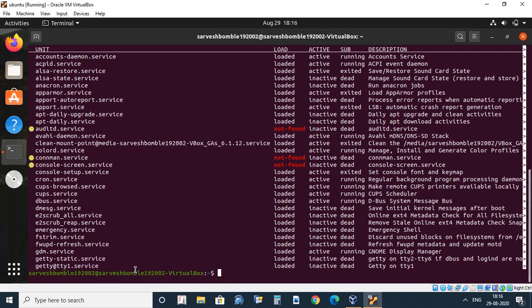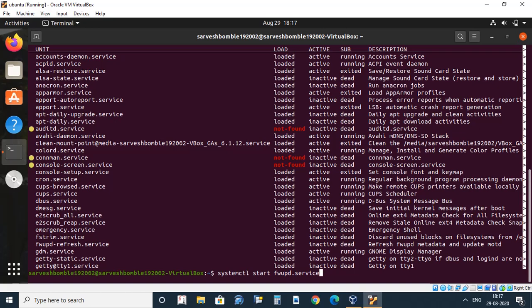So if we want to start the service again, we have to enter the command systemctl start fwupd.service. We have already stopped the service, so now we actually need to start it. Again Ubuntu will ask me for authentication for starting the service, which is fwupd.service.